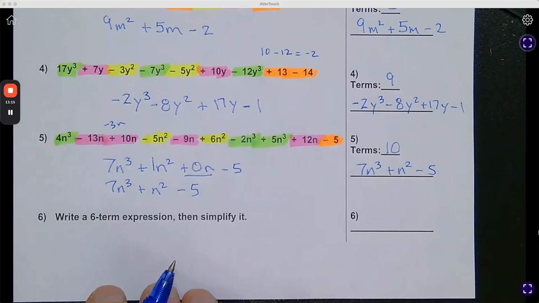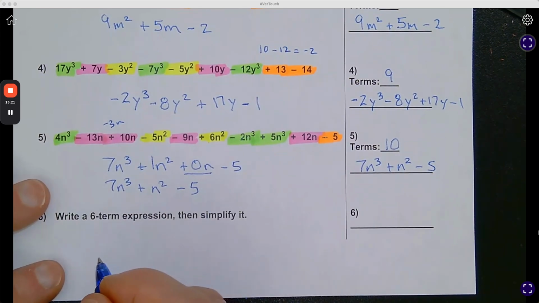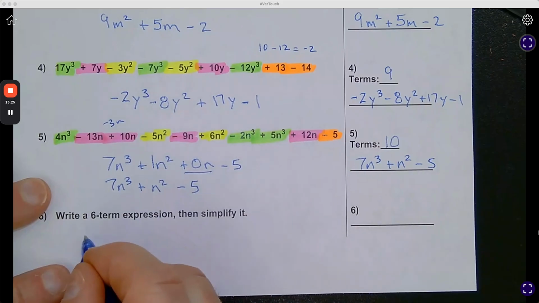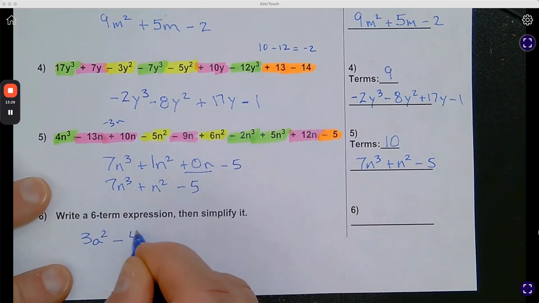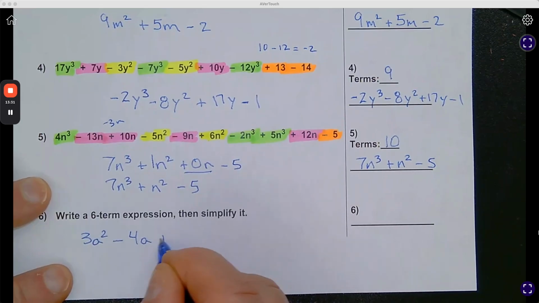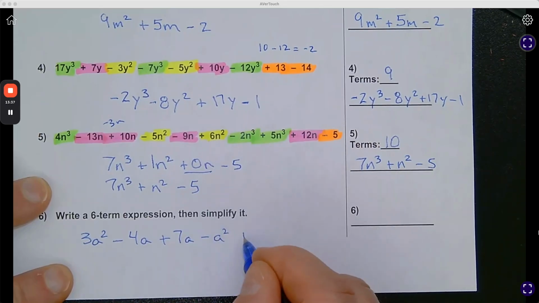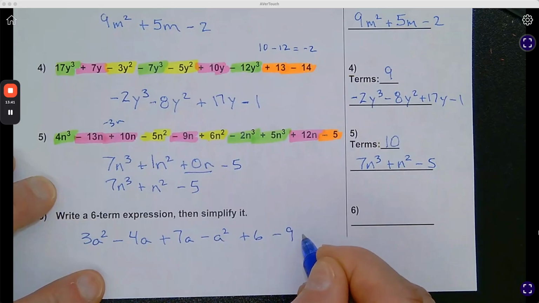Okay, this is great. Write your own expression, right? Let's just write one. So I'm going to work with the letter A. I like the letter A. So I'm going to say 3a squared minus 4a plus 7a minus a squared plus 6 minus 9 plus